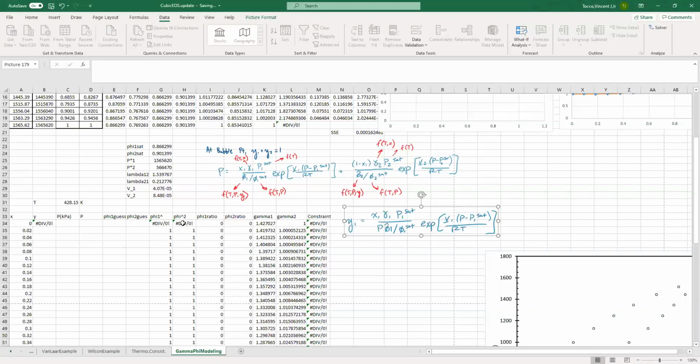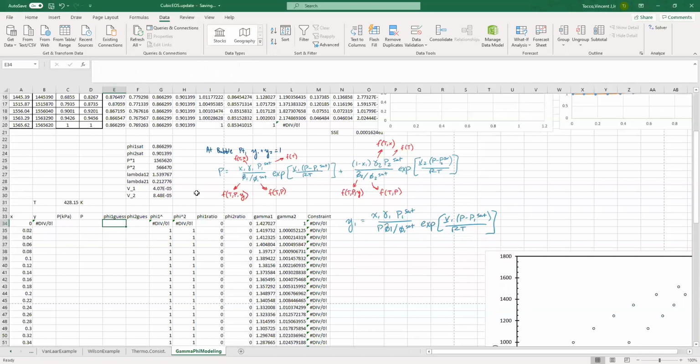We can't just use Solver outright. So what I've done is I have a column for the mixture fugacity coefficient for component 1 and component 2. And remember that the formula is from above. This is what the virial equation of state says that the phi must be. I also added a column for phi 1 guess and phi 2 guess. So this is going to get our